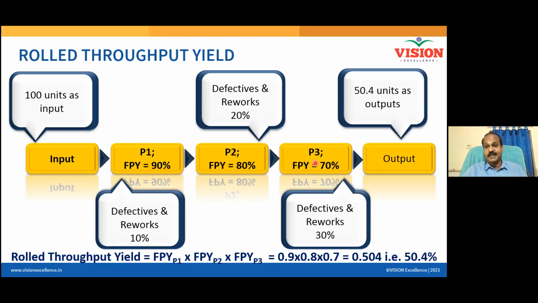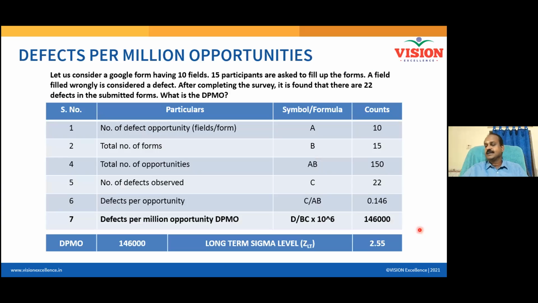Clear? And now in the black belt, success rate is 70%. What is 70% of 72? Probably 50 candidates will pass out as black belt. Clear? So 100 people joined our program, 50 people have become black belt. What is most important? Everybody would like to pass the exam in the first attempt. Am I correct? Is there anybody here who wants to appear 2-3 times and get your certificate? Nobody here. So all of us want to be effective as well as efficient, and the same thing is applicable in your work environment also. So throughput yield is something where you must multiply all the first pass yields and get it.